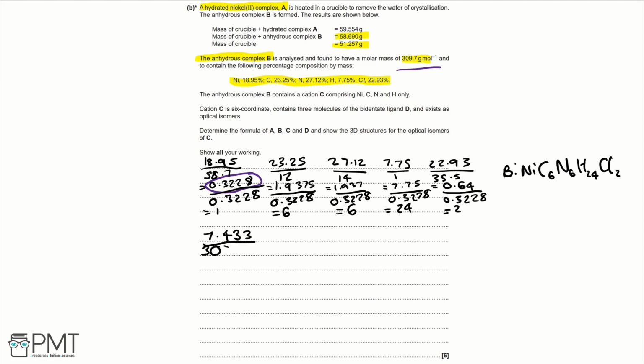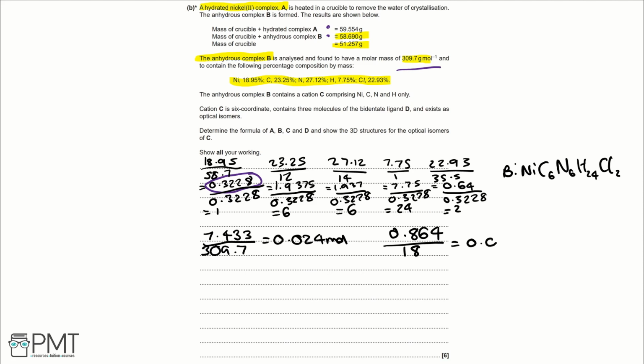So 309.7. That gives us a value of 0.024 moles. Then we need to work out the mass of water. So that would be using the first mass and then the 58.69 for the second mass. The difference between those masses is 0.864. We divide this by the relative formula mass of water, which is 18, and that gives us a value